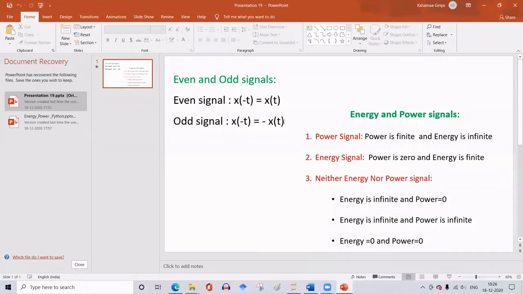You are able to see the screen and my audio? Yes, ma'am. Yes. Okay, let us see how we can test the signal and find out its even and odd